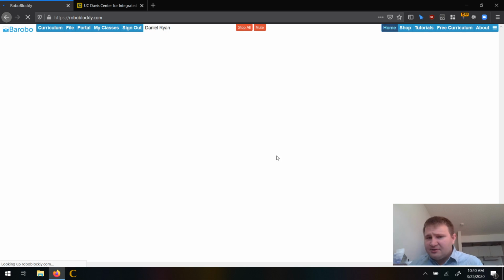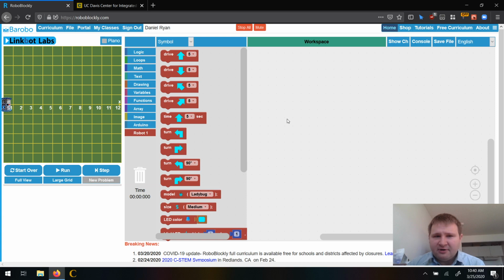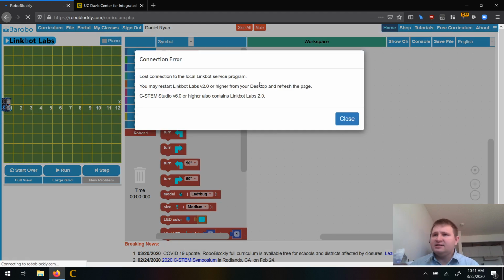The next thing that I want to do is dive into our curriculum just a little bit. From any page in RoboBlockly, we can see at the top left, once we're logged in, this curriculum link that's available. If you're not logged in, it'll be grayed out and you won't be able to click on it. So if I click on curriculum, it's going to take me to our